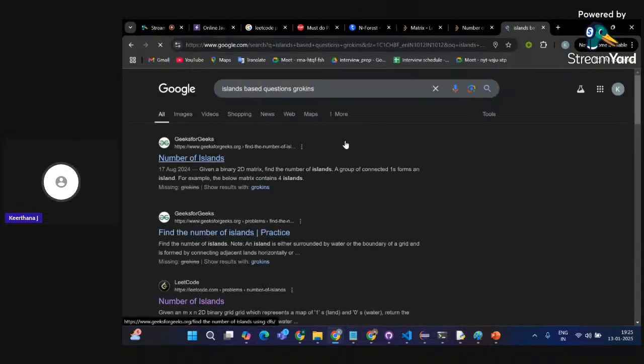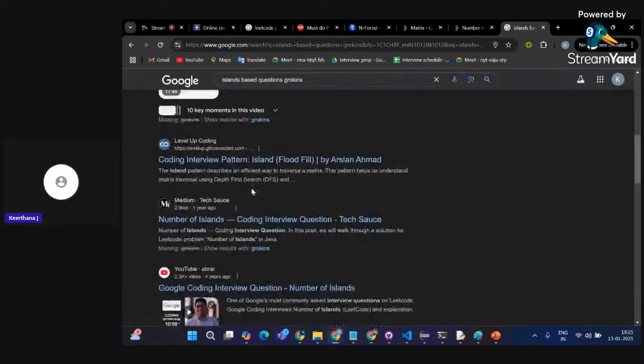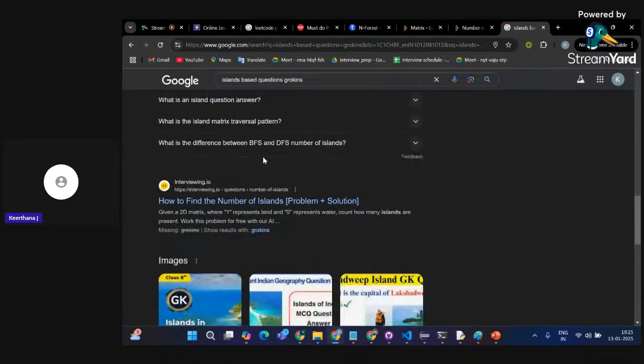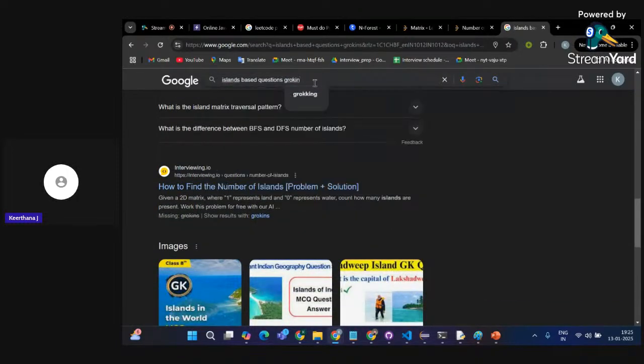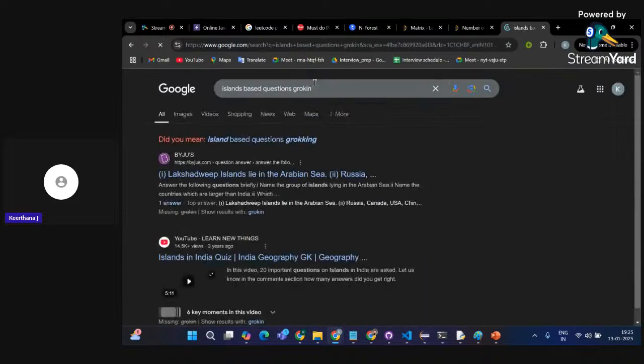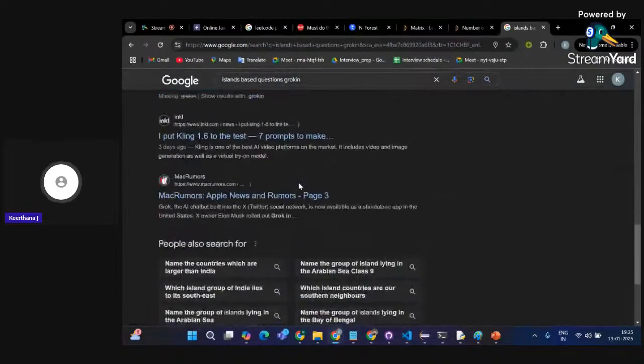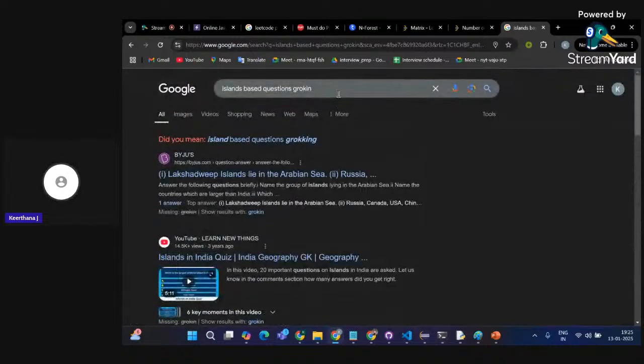Another sheet is also there. Brocken, Brocking or Brocken? Brocking. I'll check and I'll let you know, because that sheet will be very good.